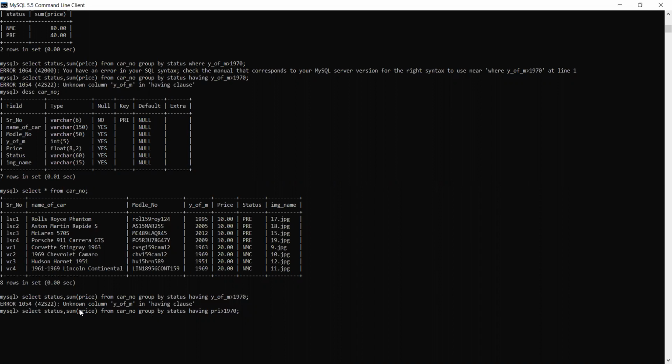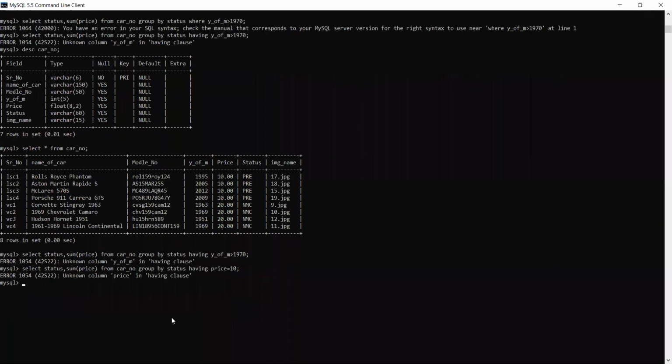Having price equal to 10. Just let me change the sequence. Group by and then status.